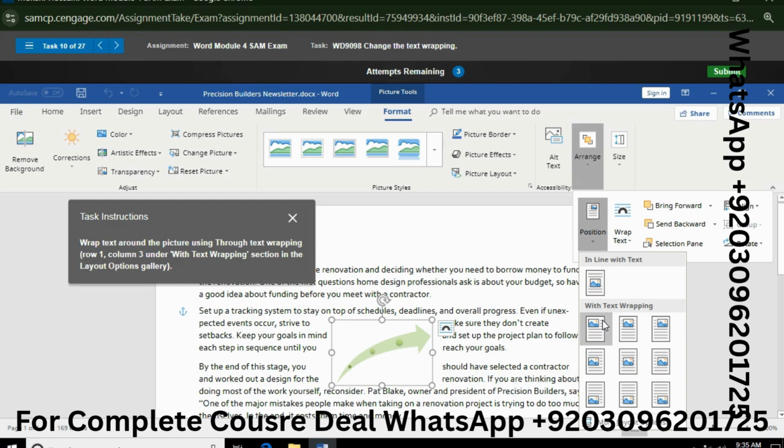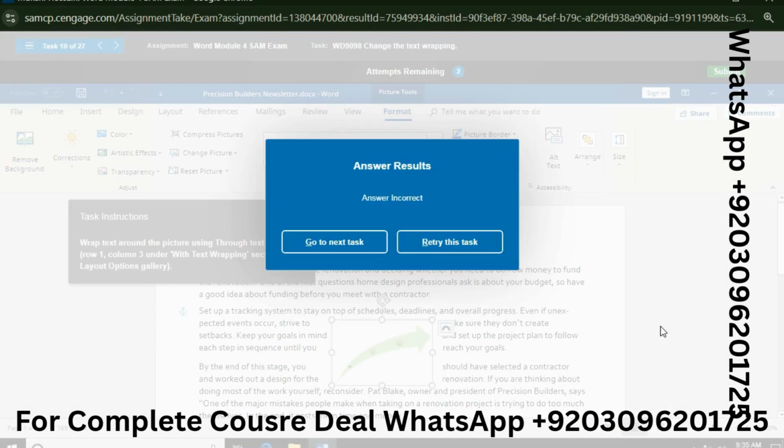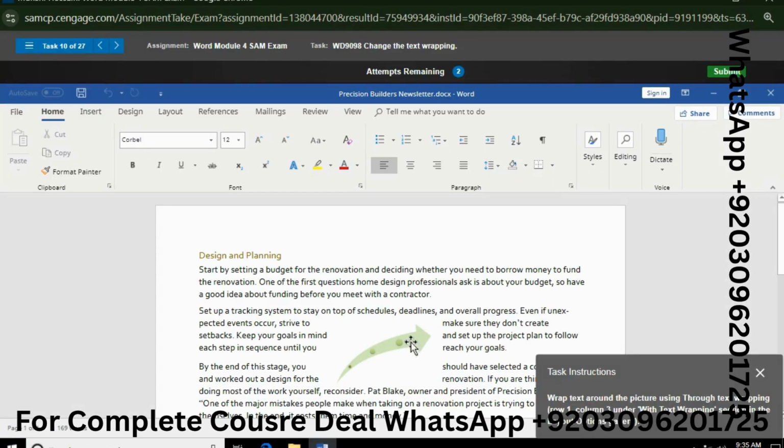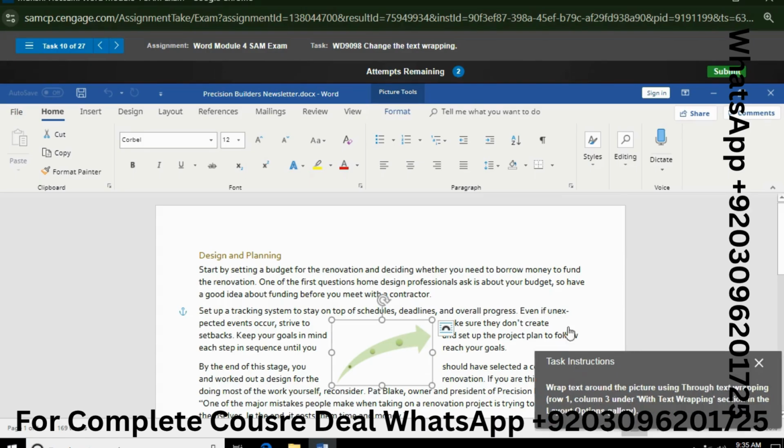Wrapping row 1, third column, this one. Answer is wrong. Retry this task. Select the picture.